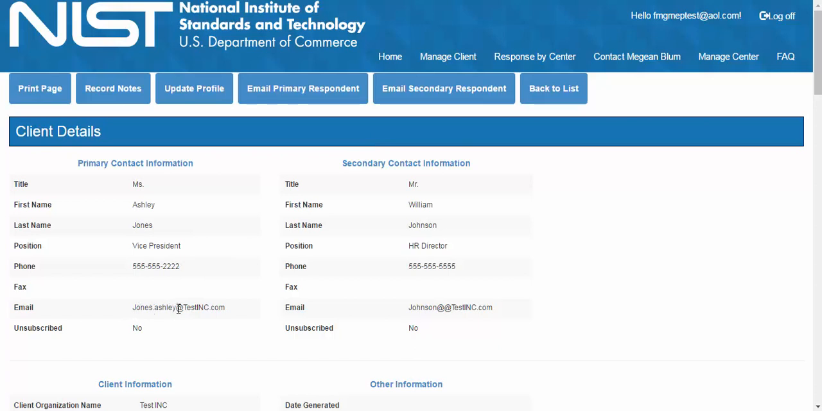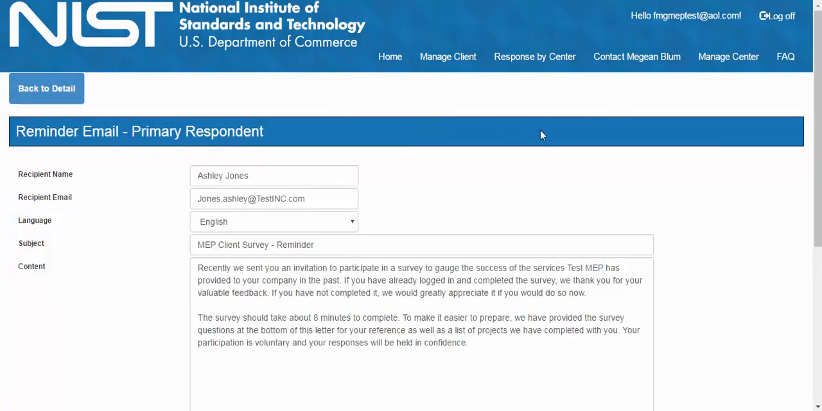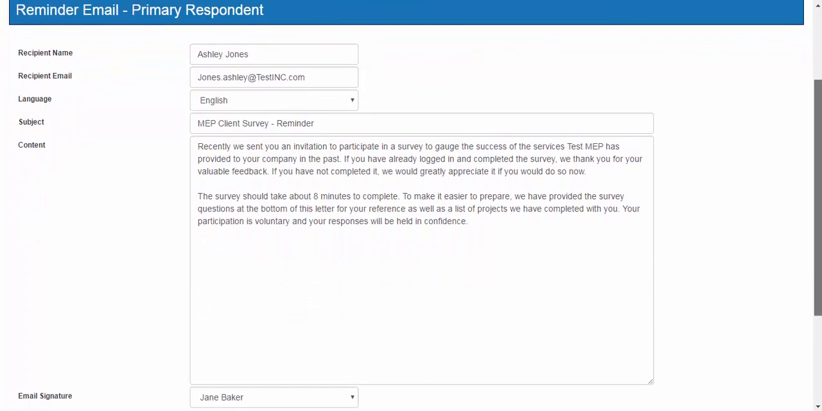You can also send ad hoc, standard, or personalized reminder emails to primary and secondary contacts from this page by clicking on Email Primary Respondent or Email Secondary Respondent. For example, clicking on Email Primary Respondent will bring you to the Reminder Emails page. Here you will see the recipient's contact information, choose the language that the email will be in, either English or Spanish,